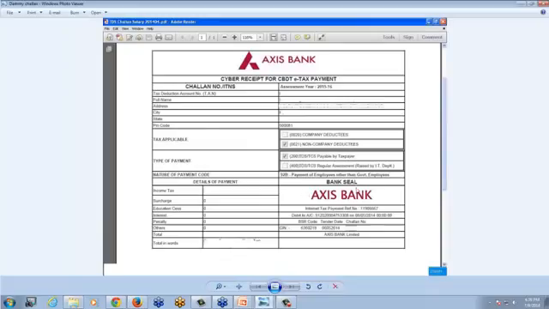Okay, this is how the challan is going to reflect, where you'll have the complete details of assessment year, TAN number, company full details, company name, address, state, pin code, everything, followed by your payment details, which includes your total tax, total income tax, education cess. In case any interest has been paid, that gets reflected here. In case any penalty is paid, that gets reflected here. You also have other details in case of any other payments remitted to the department.